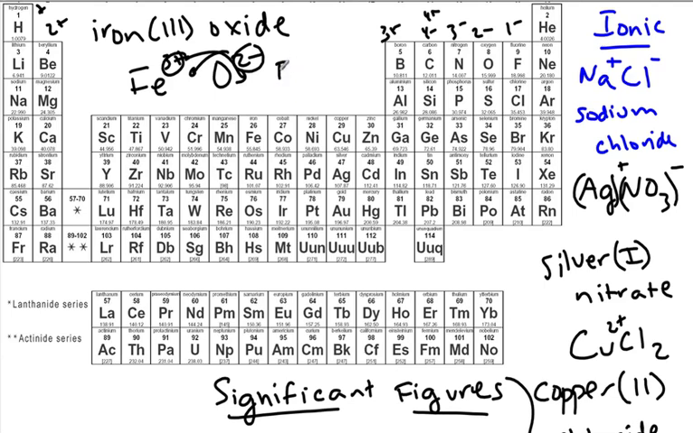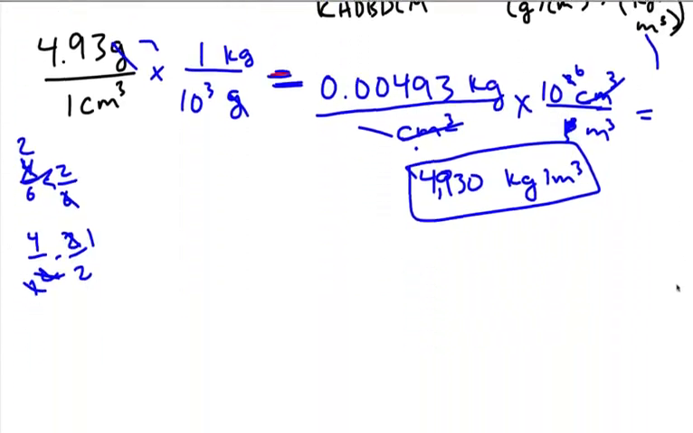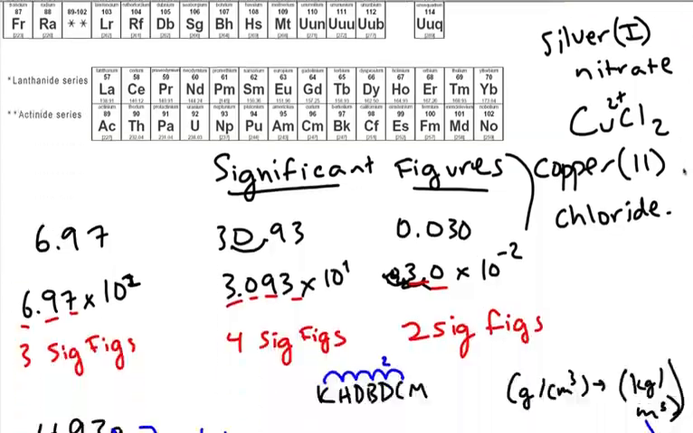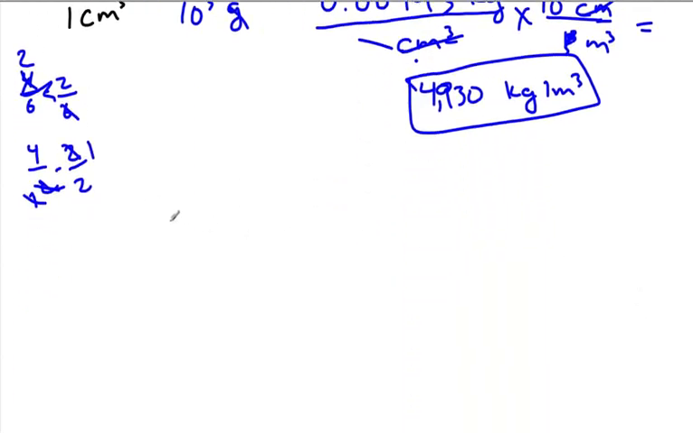So then we get Fe2O3, iron(III) oxide. Now let's do some covalents. And covalent compounds don't even deal with charges. They simply are, let's do